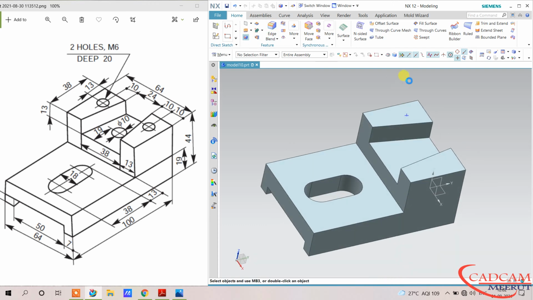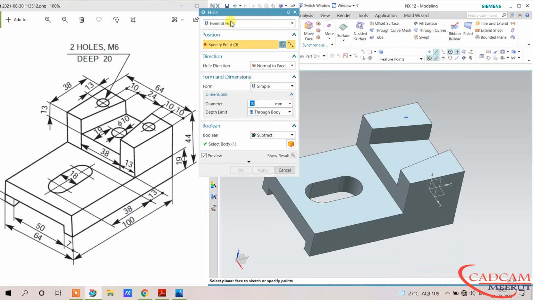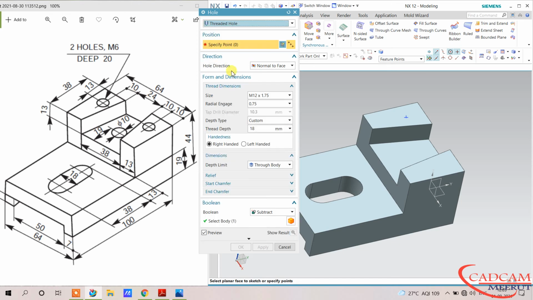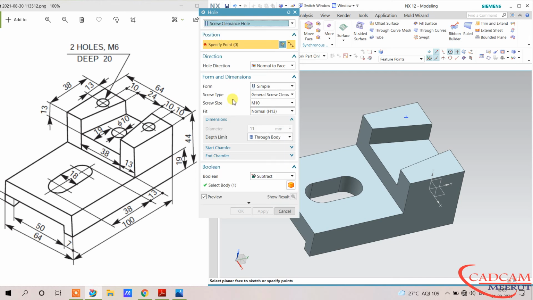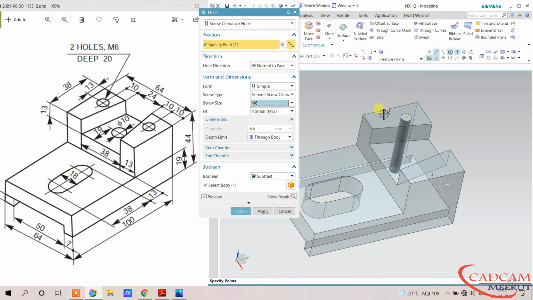Now I will choose this hole command, and here this drill hole, or we can choose this screw clearance hole. The size of this screw is M6, and the point is this, and depth is 20.